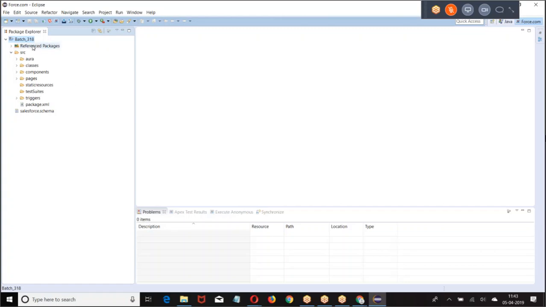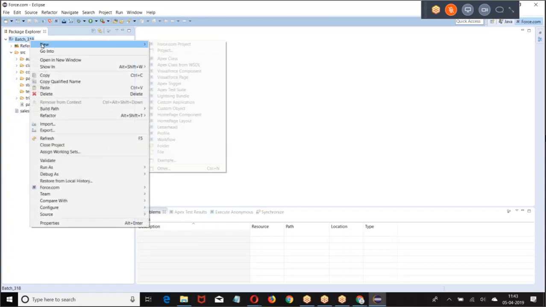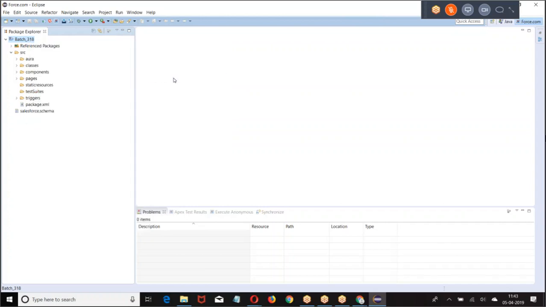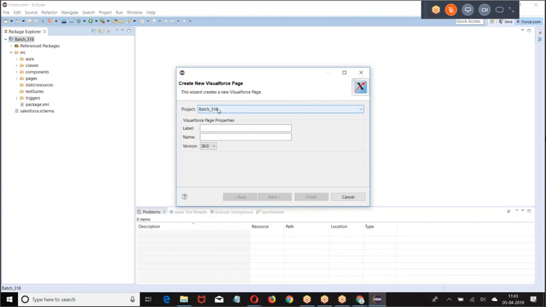Now look at this, account. Give a right click, New. I have Visual Force Page. Eclipse page 1.